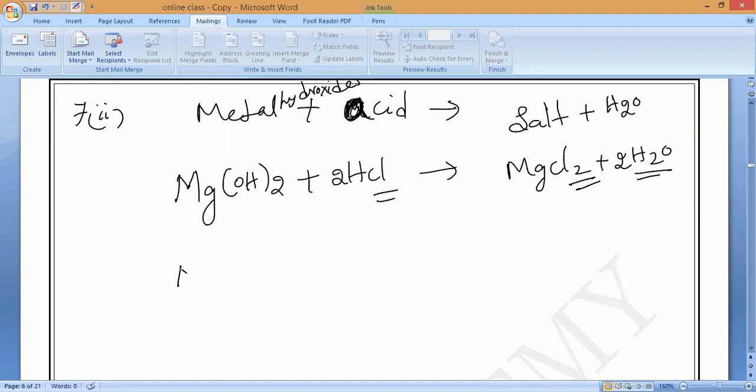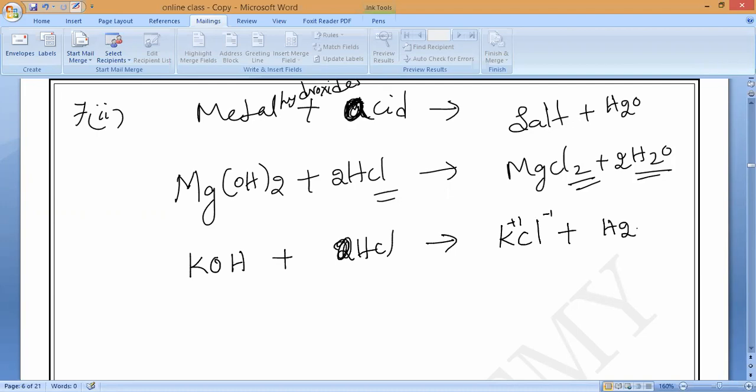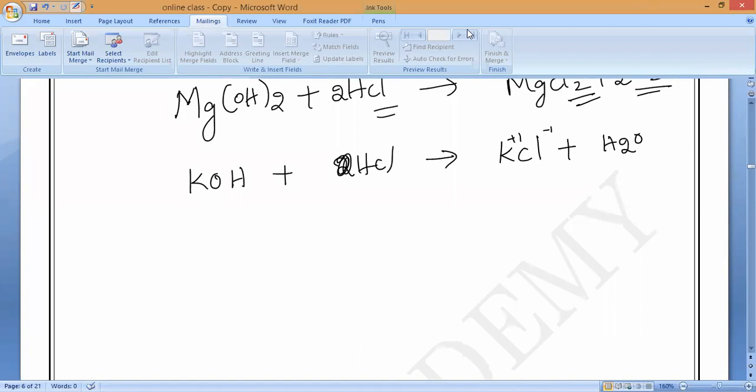One more thing. Sodium hydroxide, correct? Sodium hydroxide is used to be called what? Base. Any other example you know, you can tell me. Potassium hydroxide, calcium hydroxide. Potassium hydroxide, if you take, will react with hydrochloric acid and form potassium chloride, KCl, because K plus 1, Cl minus 1. We also get the respective water, H2O. Any doubt? Anybody? Please ask me. Clear?